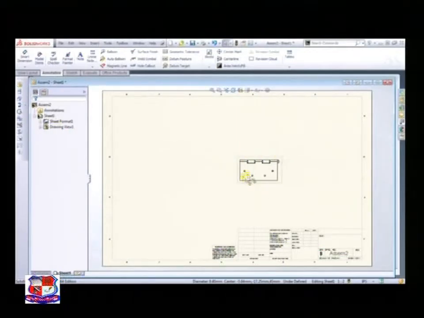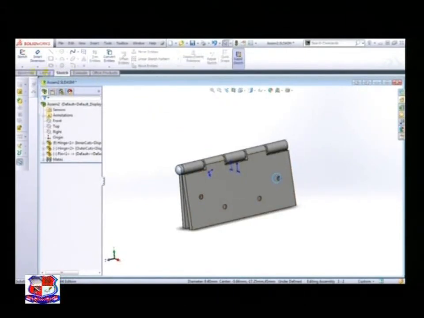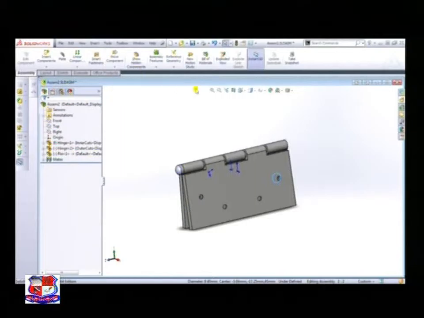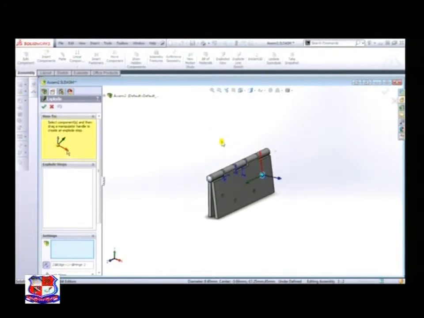From this view, we don't really get much detail about what's going on. So when it comes to an assembly, we may want to look at the actual components that are making it up. Well, if we go back to Window and go to our assembly, open this up. Under the assembly, we can come to exploded view. Once we select that, all we have to do is select an item